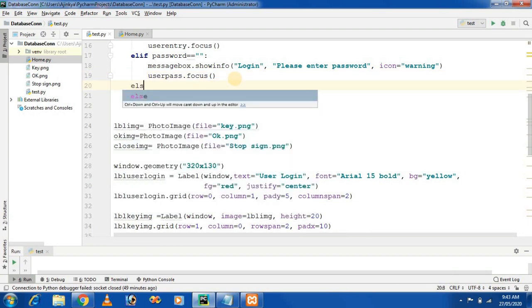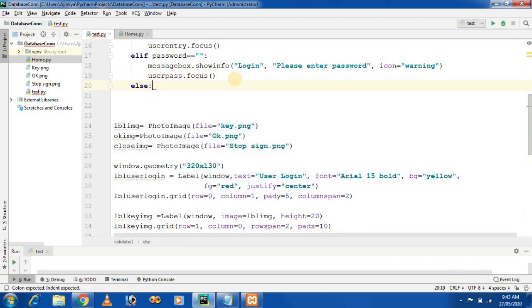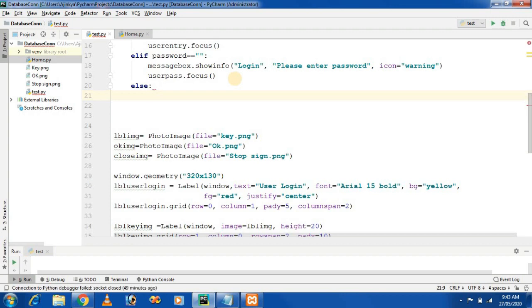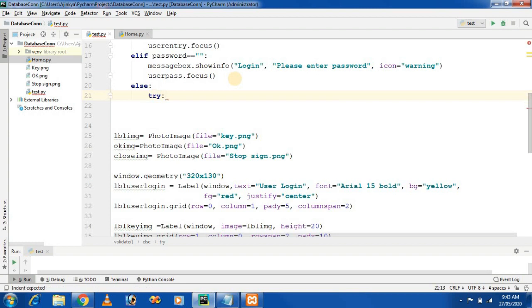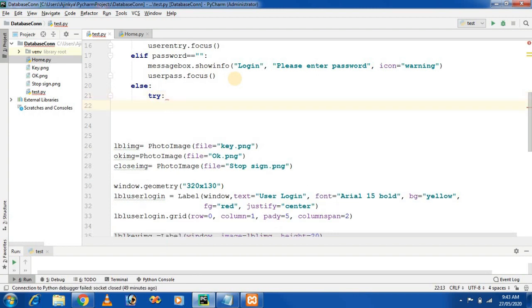I am writing here the else block. In the else block, I write a try statement, that is exception handling. If any exception occurs, then this block will handle the exceptions. So first we need to establish a connection. How can we establish a connection? db is equal to, as we saw already in the last video session, how we can configure a database with